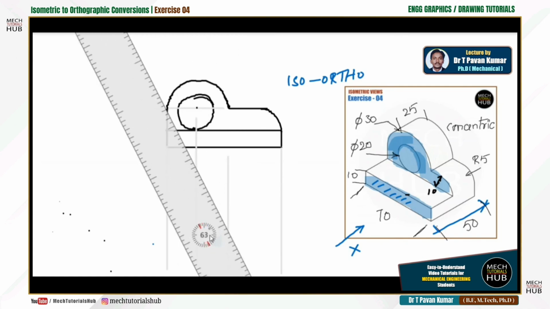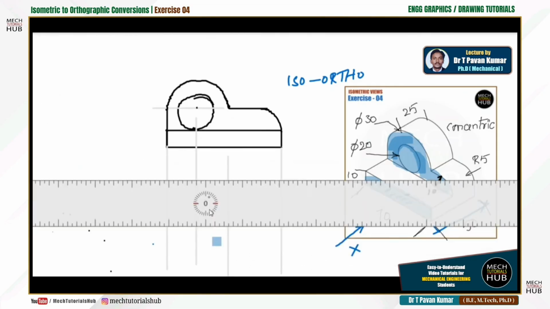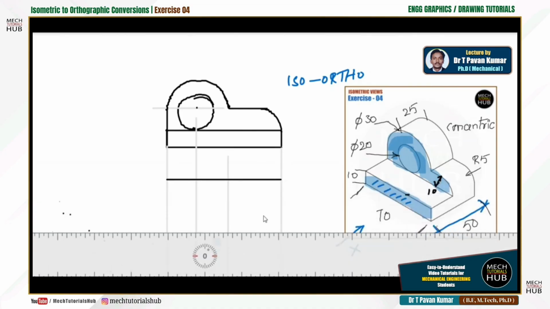As I am dealing with only a single scale, as it is not a drafter, I just need to rotate all the time. So at some offset distance, I'll try to draw a straight line from one side to the other. Just let me change the color. Have a look, this straight line is nothing but what I see when I change the position to the top: from the top I could see this semicircle and this radius or fillet as a straight line. Everything looks like a straight line only. I can't feel the circumferential effect from the top. So I'm drawing a straight line there, followed by a